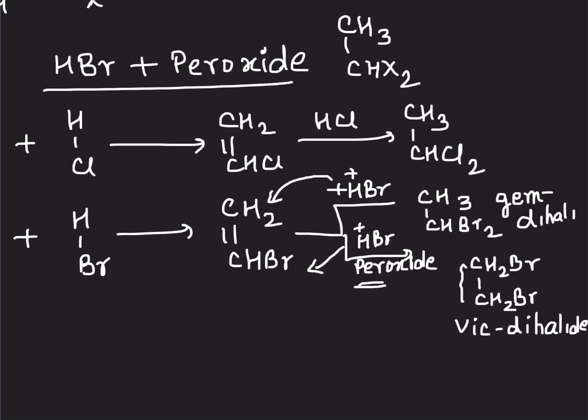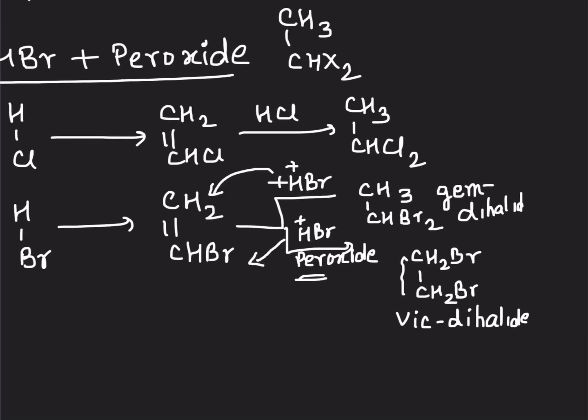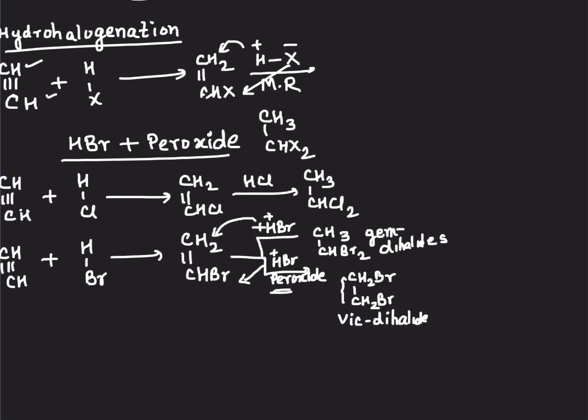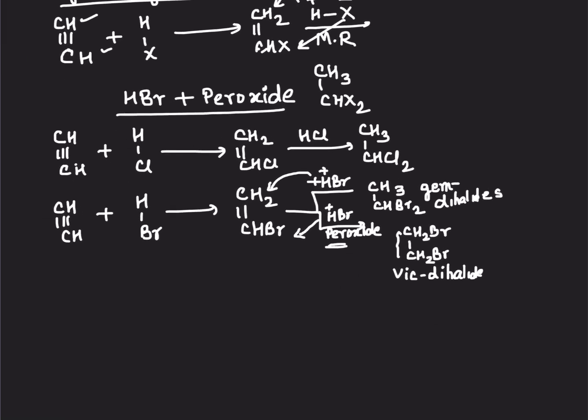So you see the difference a small peroxide can make to the products of the reaction. That's why again I say organic chemistry is very, very specific, right? And so you have the products here depending upon whether you are carrying out the reaction of addition in the absence or in the presence of peroxide. Good to go?